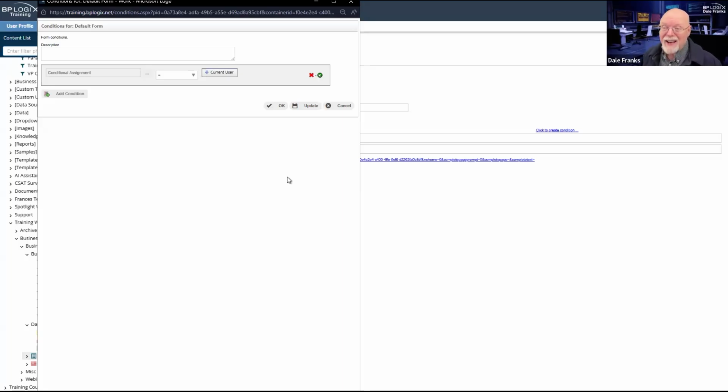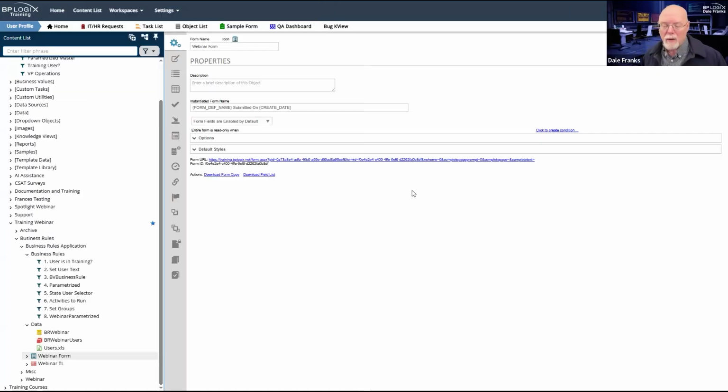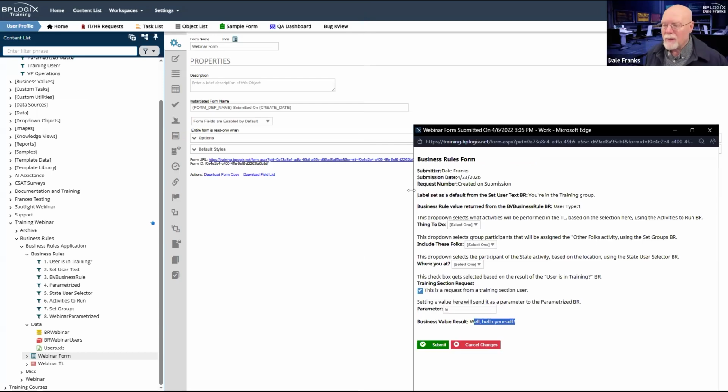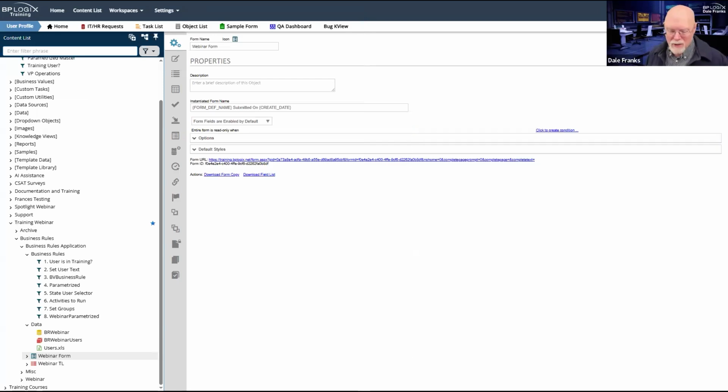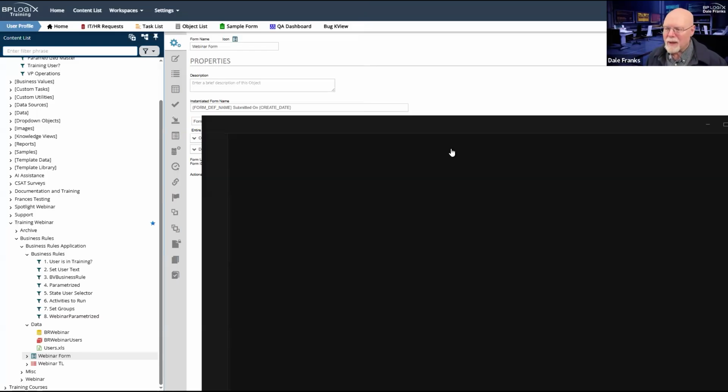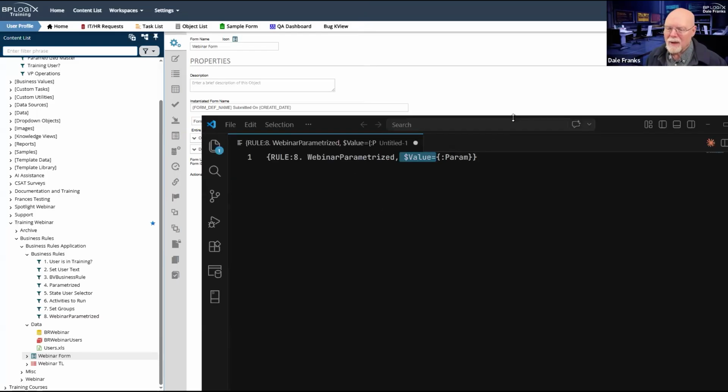So that means that anytime I want to address a parameterized system or a parameterized business rule, I pretty much, I guess I closed out the text editor here.